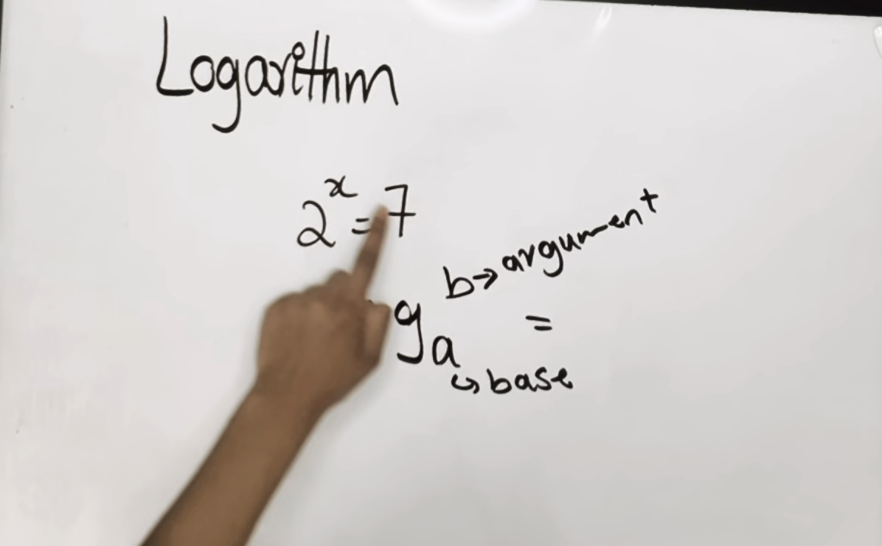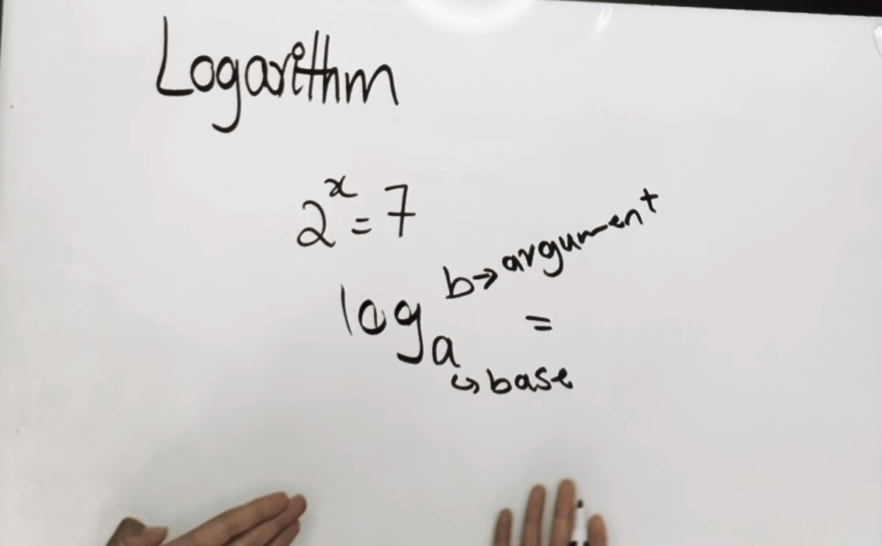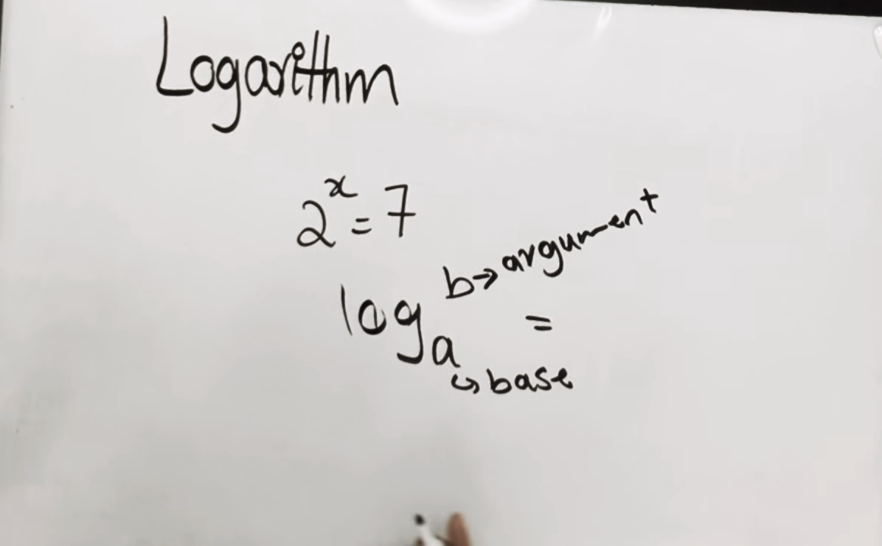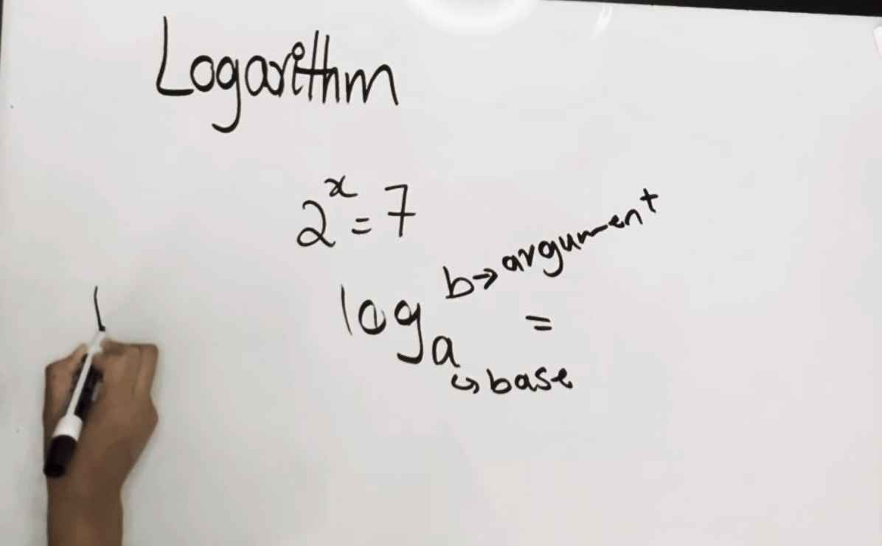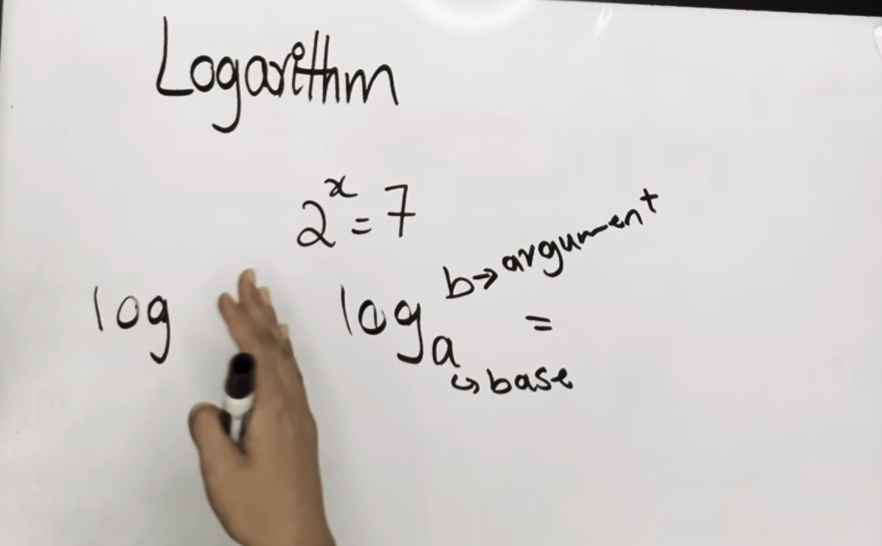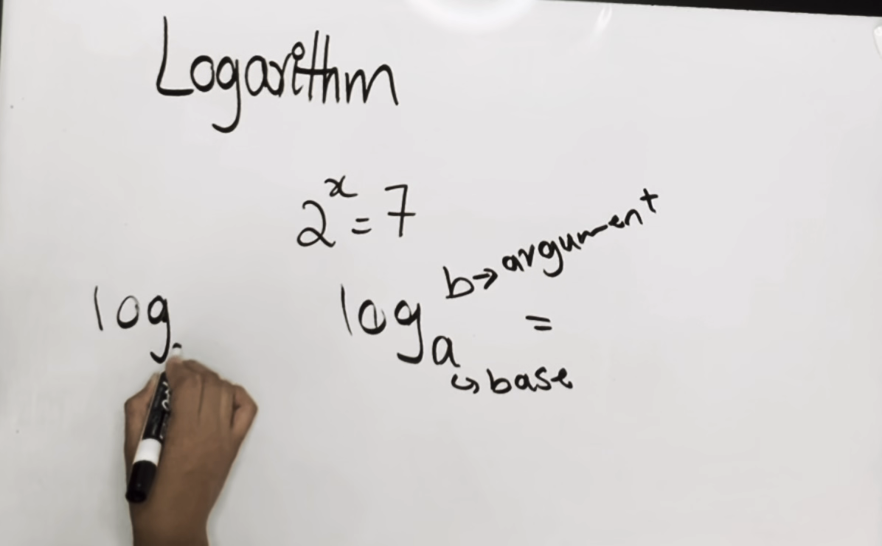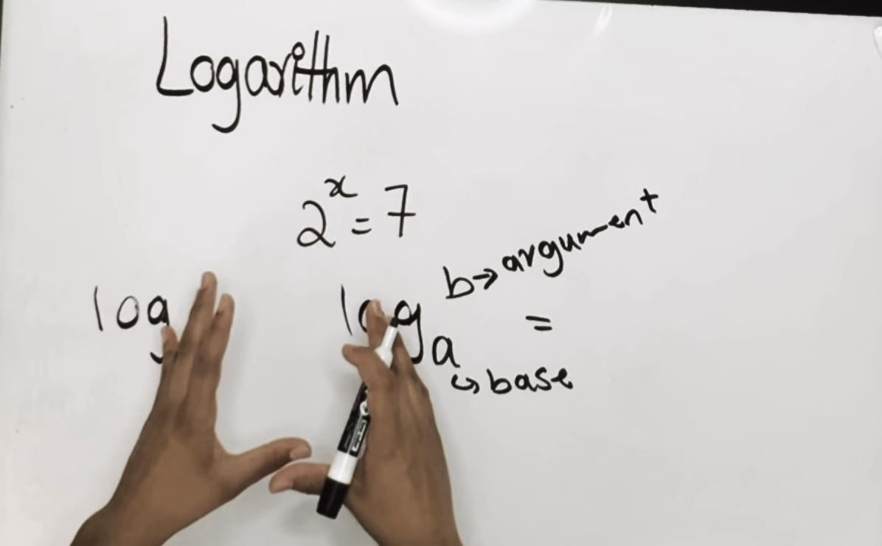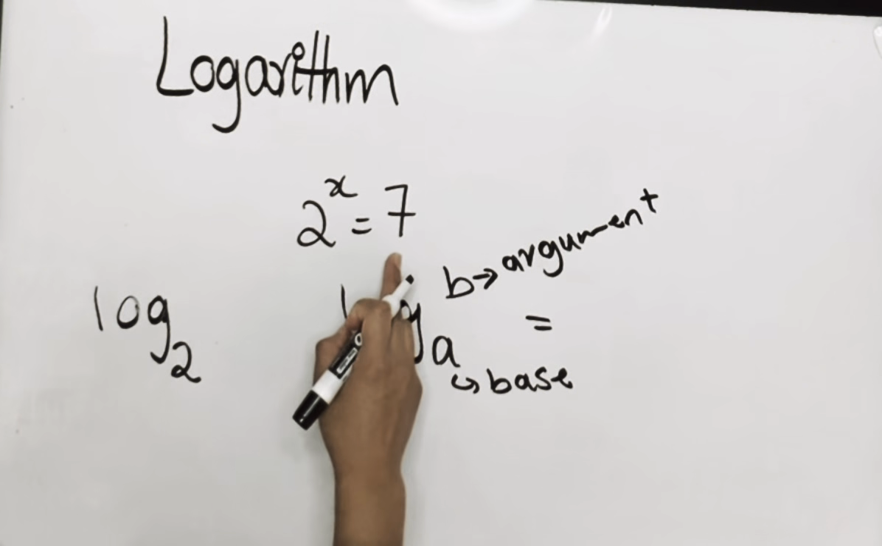Now, in this case, we have 2 to the power of x equals 7. How can we write it as a log? The easiest way is to write it as log. Our base is the same base that we have in our power, which is 2. And our argument is whatever the power is equal to, which means 7